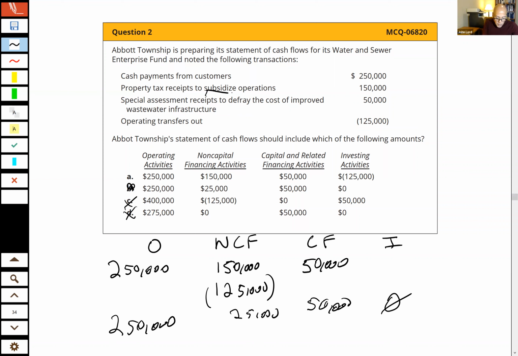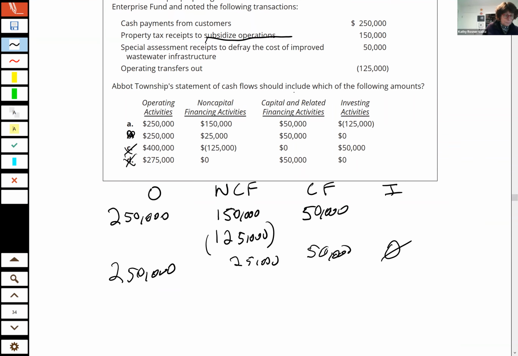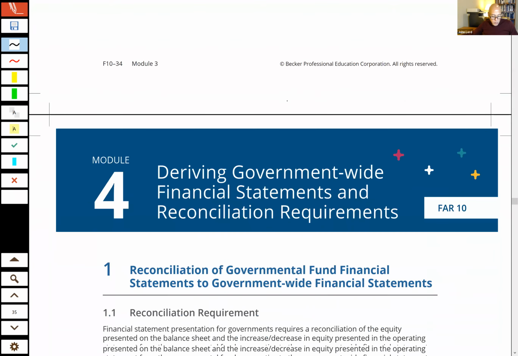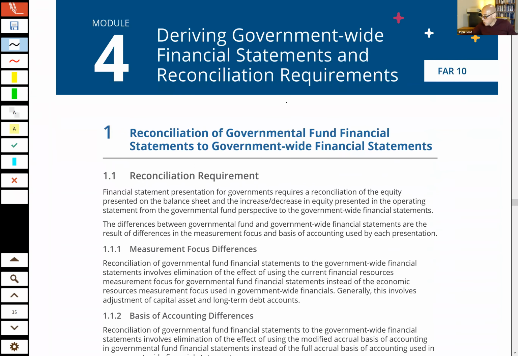Property taxes subsidize operations. Although that is considered non-capital related financing, you knew that it wasn't for capital, right? Because they said financing. So it's sort of the opposite of what you were saying there. Yeah. Okay, thanks. Okay. Now, when we look at this next module,